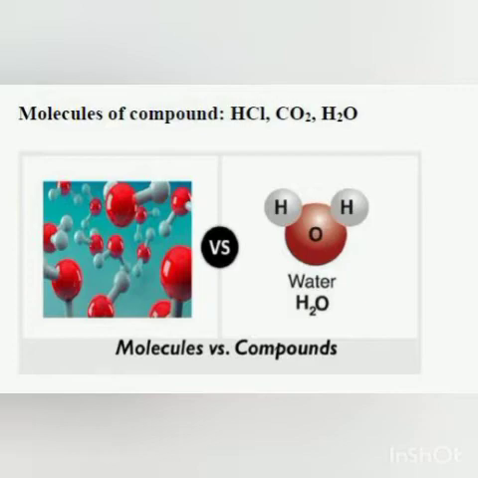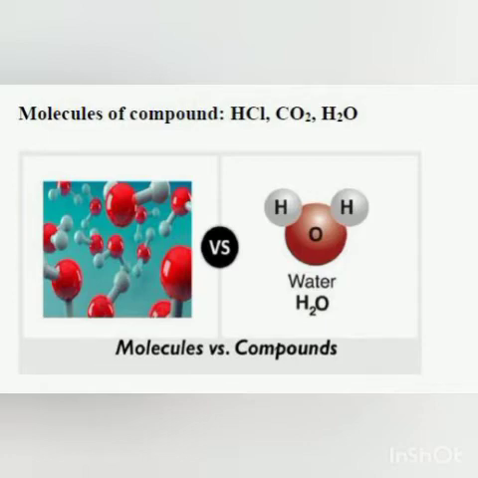As you can see in the case of water also, that is H2O. Water is a compound because it is made up of the atoms of two elements, that is hydrogen and oxygen. The hydrogen atom from the hydrogen element and the oxygen atom from the oxygen element combine together, they are chemically bonded to form water molecules. So water consists of a large number of particles, and these particles are what? These particles are water molecules, and the size is bigger than that of the individual hydrogen and oxygen atoms, okay?